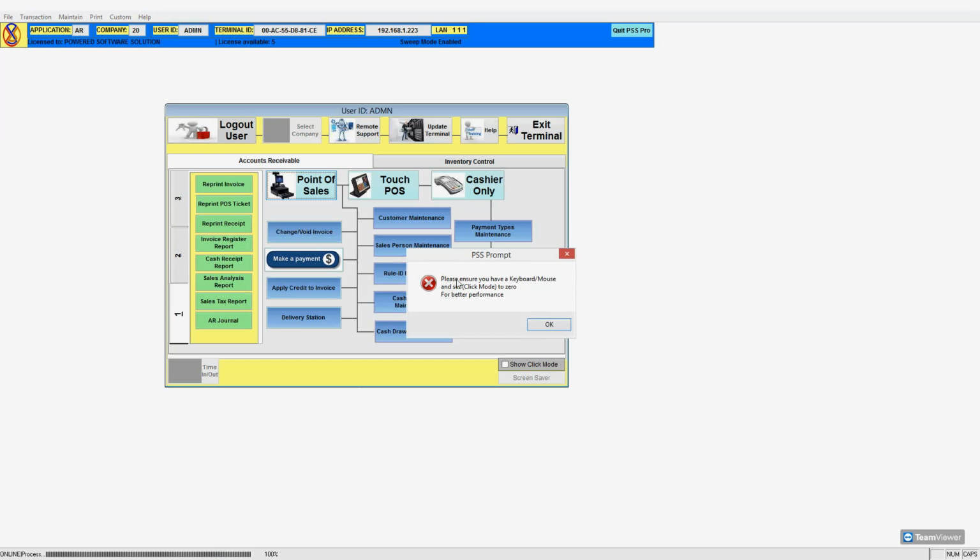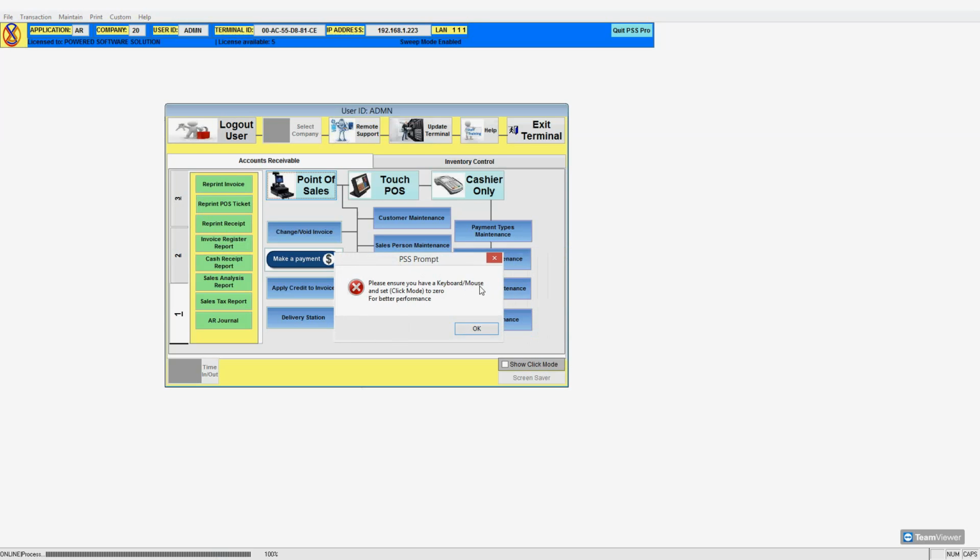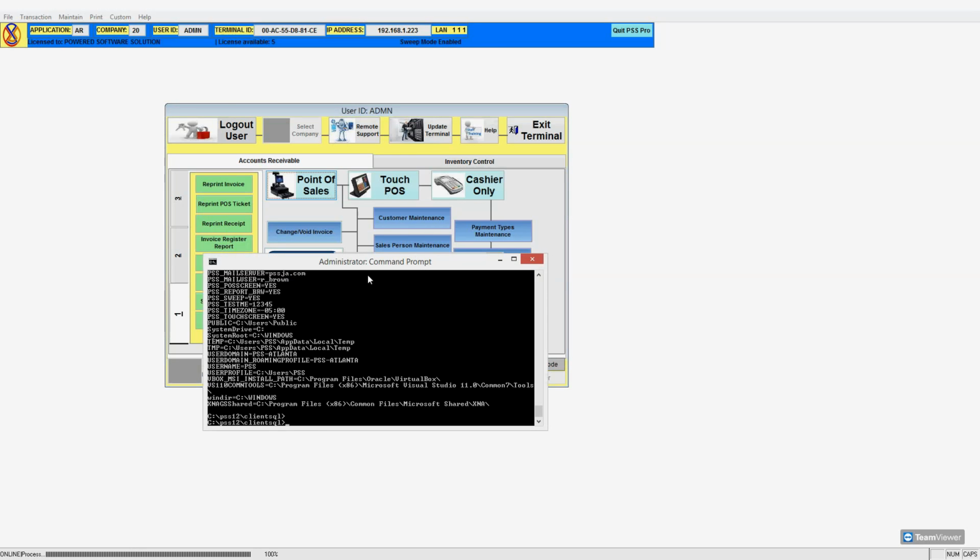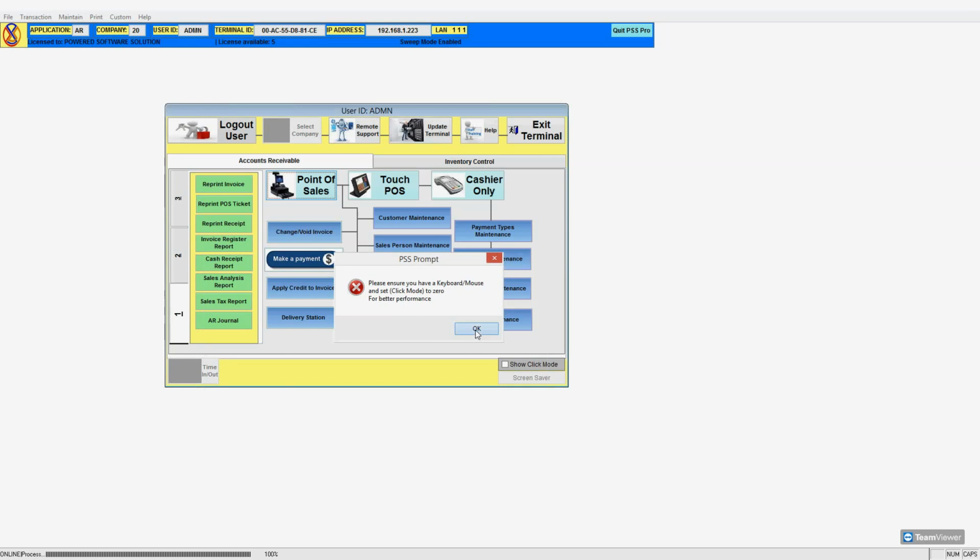Because I'm in touchscreen mode, this prompt comes up. Please ensure you have a keyboard and mouse and set click mode to 0 for better performance. Why? Because in the point of sale mode, it normally requires you to use keyboard and mouse. But in the touch POS, you can use straight touch screen. But in this case, we don't have a touchscreen monitor. So once you enter the point of sale mode and the touch screen access is on, this variable says PSS_TOUCHSCREEN equal yes. All right. So if I click OK,